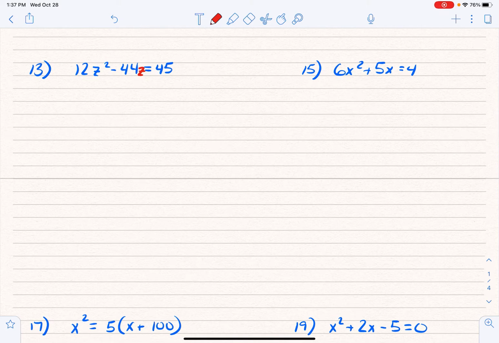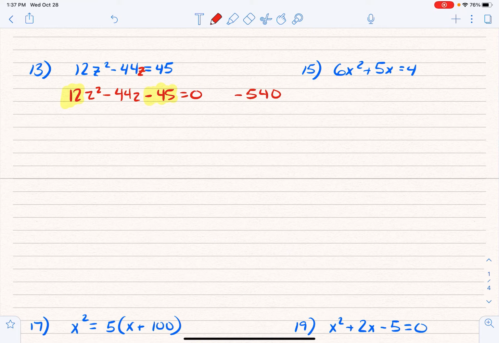So you got to bring everything to one side and get 12z squared minus 44z minus 45 equals 0. Now, I had some students go, well, this is a little bit out of control because when you multiply 12 times negative 45, if you use a calculator, you get negative 540. If you don't use a calculator, you might get some crazy number, who knows? But that's a pretty big value. And so some people are going, man, how in the world am I going to come up with factors of that? So this is really an ideal situation for completing the square, but it asks us, hey, do this by